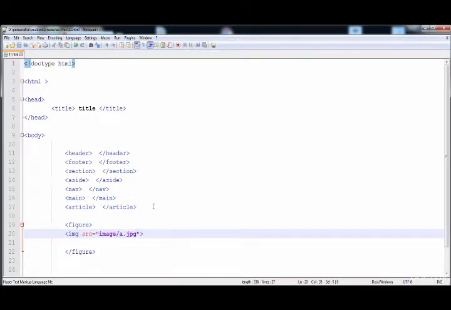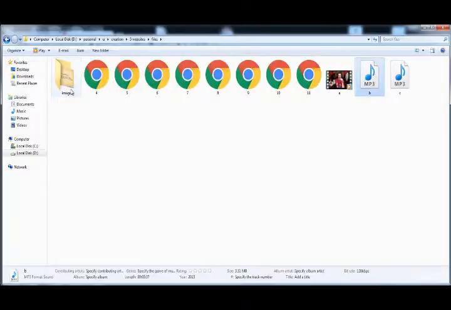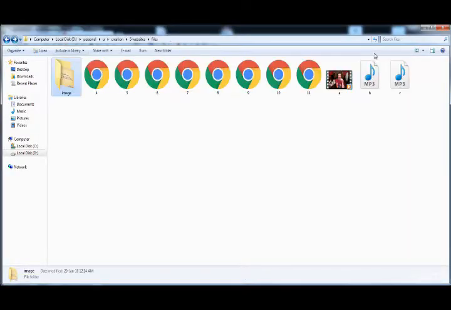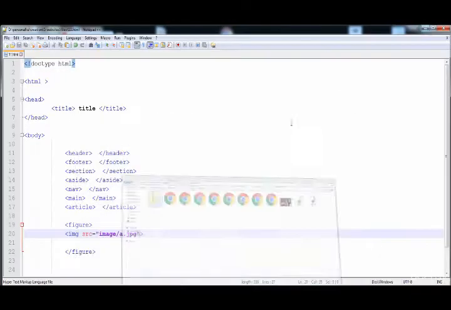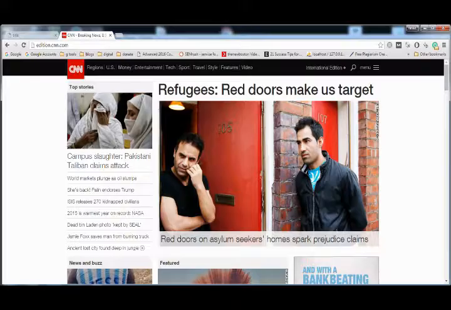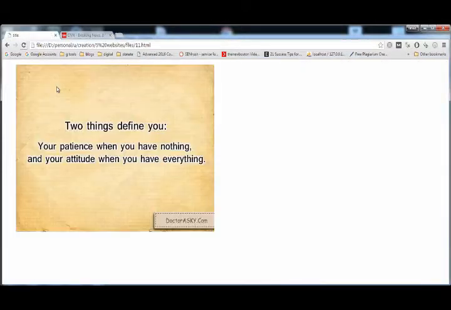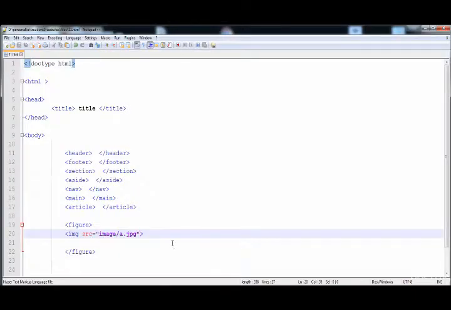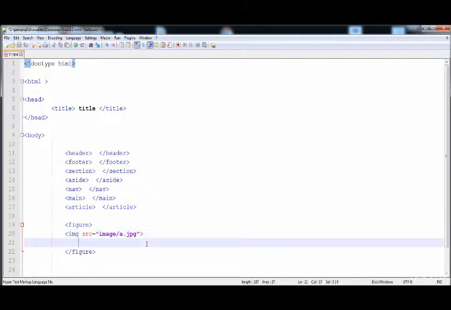The image is placed in the subfolder. Here you can see that this is the image A and its extension .jpg. So now reload the page. Here is the image, and you can also add its detail. Here what we need to do is figcaption. Here is the figcaption, and here we can say that this